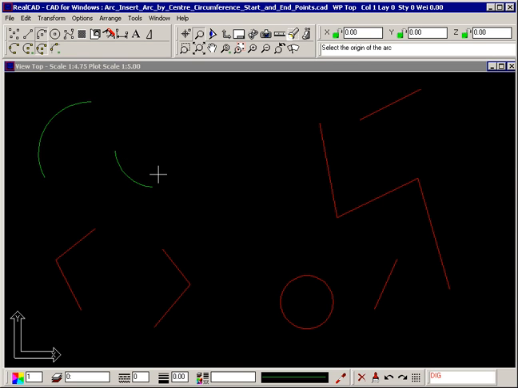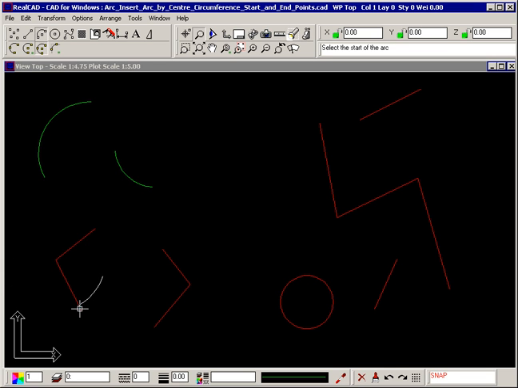Notice the arcs were drawn in an anti-clockwise direction from the start point. This is always the case with this command. These arcs were drawn in free space, but they can also be drawn by snapping to existing points with the snapping square like this. Select the center point, then a point for the radius,